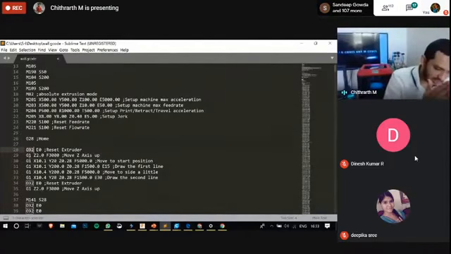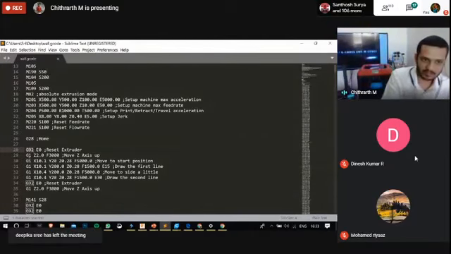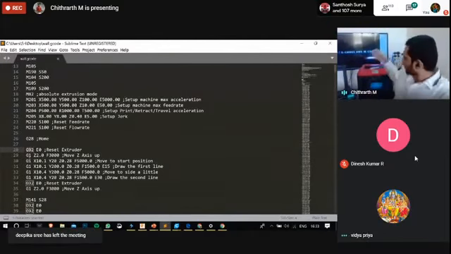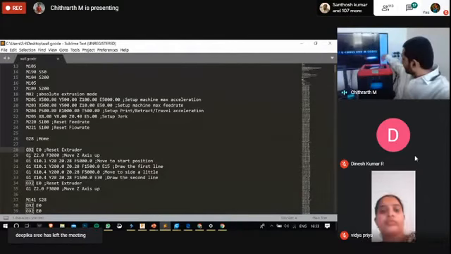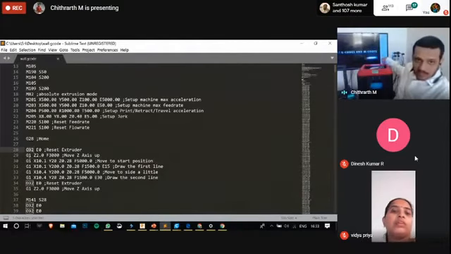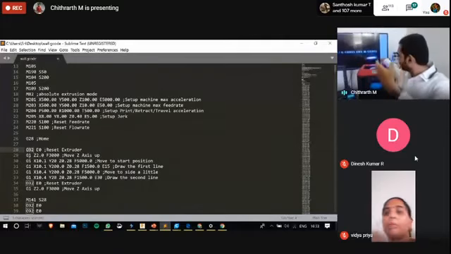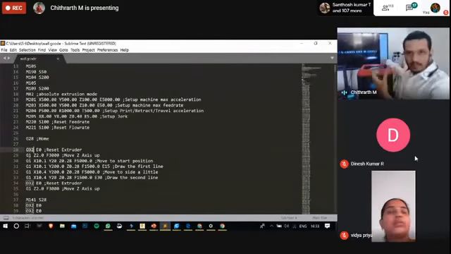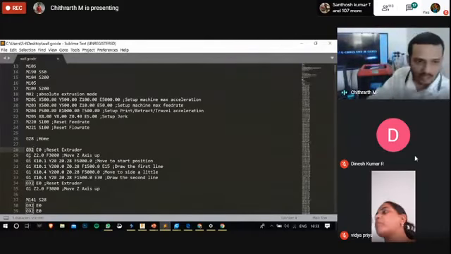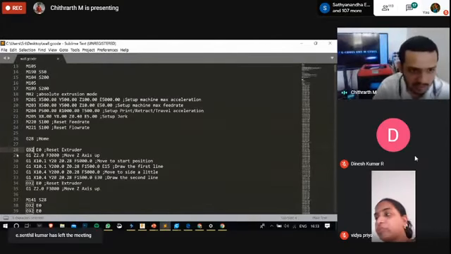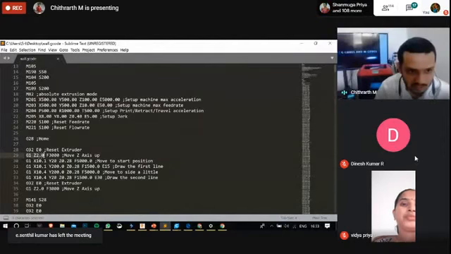So when we enter G92 E0, the extruder's counter is reset. The extruder is the motor which is responsible for pushing the material into the nozzle. So that particular counter has been reset.